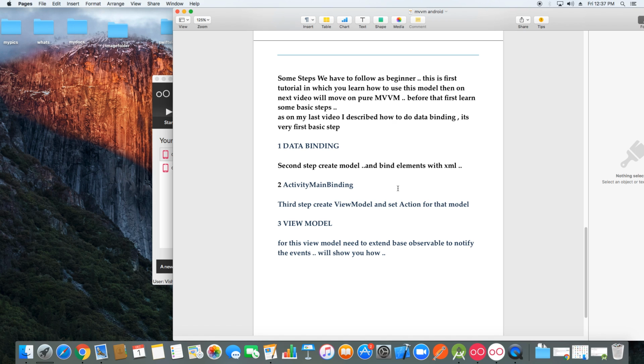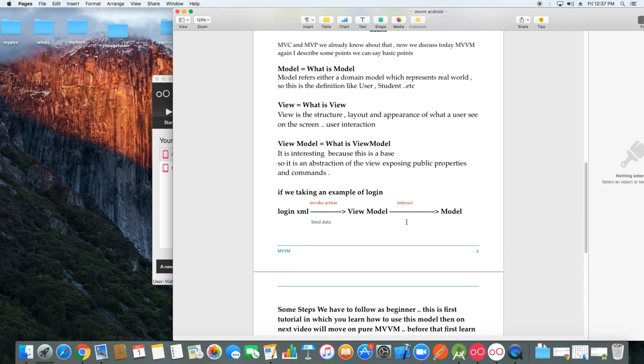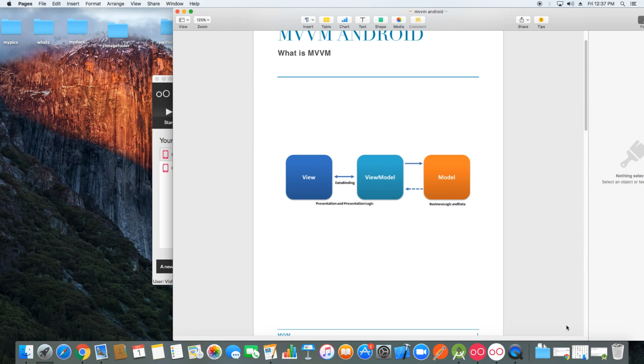Then there is your activity main binding, your main activity, that means where you have to show it, and you have to set the action with your view model. How can we do that? All these things I'll show you in the Android project. So let me describe it to you